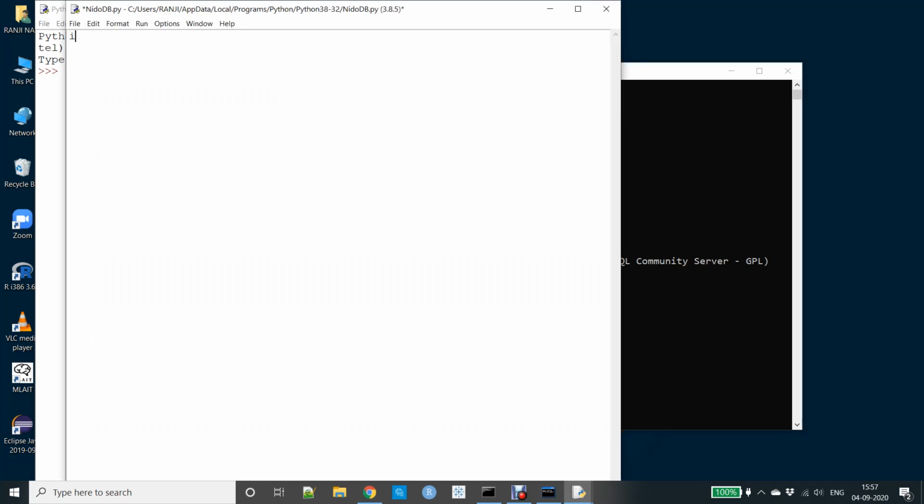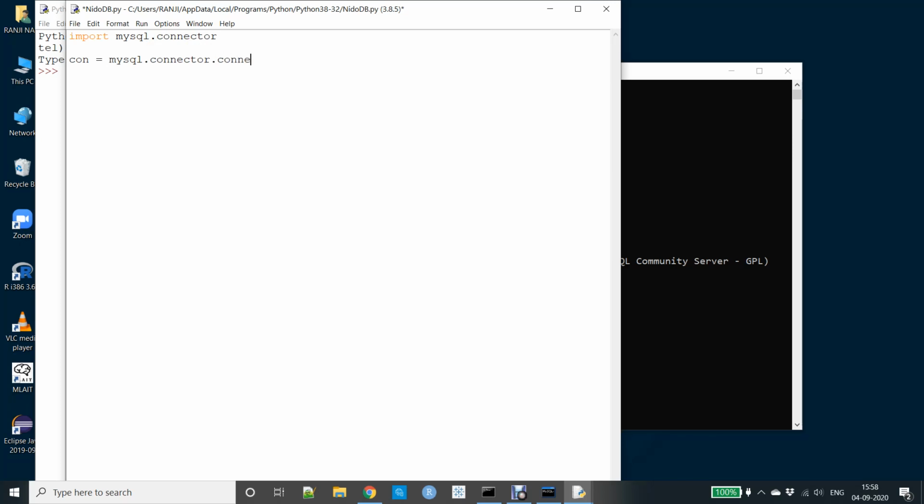For that, first I'll write import mysql.connector. This is the package that we are going to call, and my object will be con, a connection object from this library.